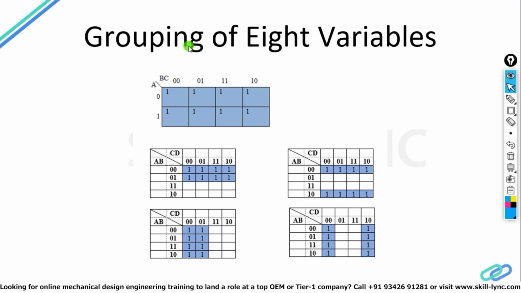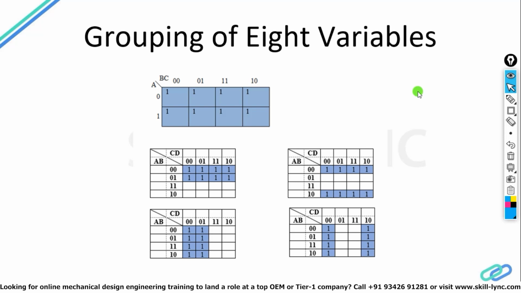Okay, it may be the case that it is a POS. Now in the POS, instead of 1 1 1 1, there will be 0 0 0 0. Zeros will be there instead of ones. Everything remains the same. If I say how to make the pairs, everything remains the same. The only change is that instead of ones, we are putting zeros. Okay, this is how we can make a pair of 8 variables, 4 variables, 2 variables. The thing to take care of is that only adjacently placed min terms or max terms can be clubbed as a group.